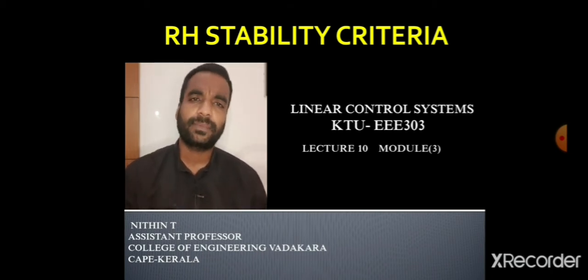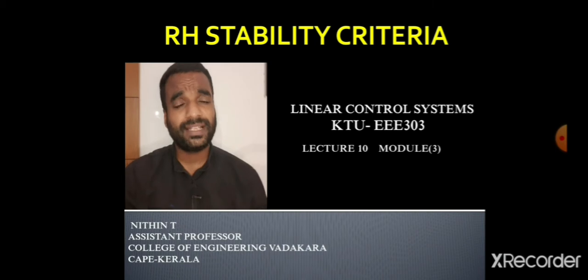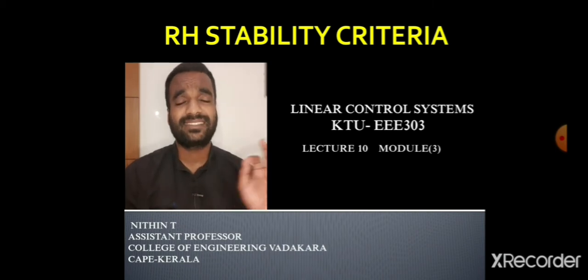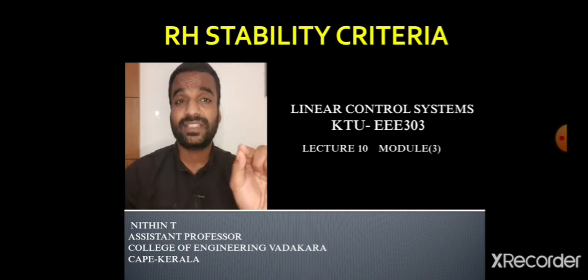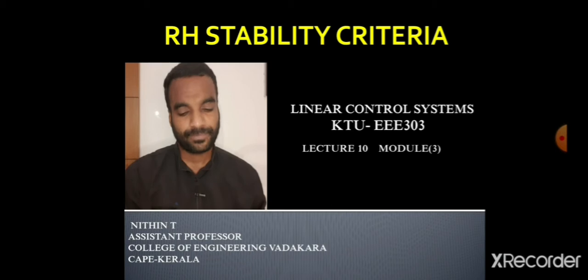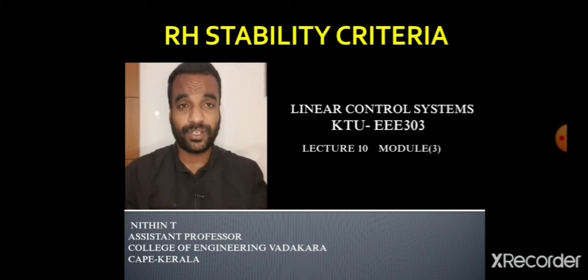Like that, in that method also you can find the stability. All those things are there in the previous lecture. Now today's class we are going to RH stability criteria. Routh Hurwitz is the man who discovered this. In Routh Hurwitz stability criteria, we don't need to go for the response Y of s,